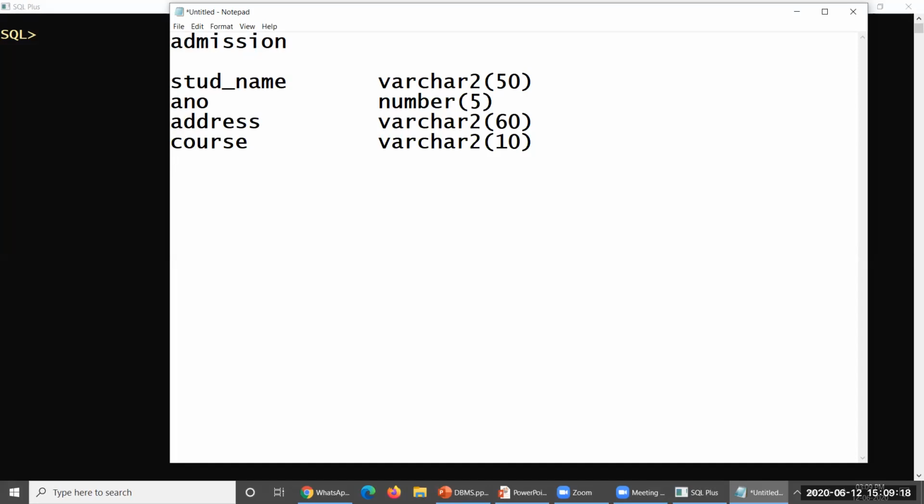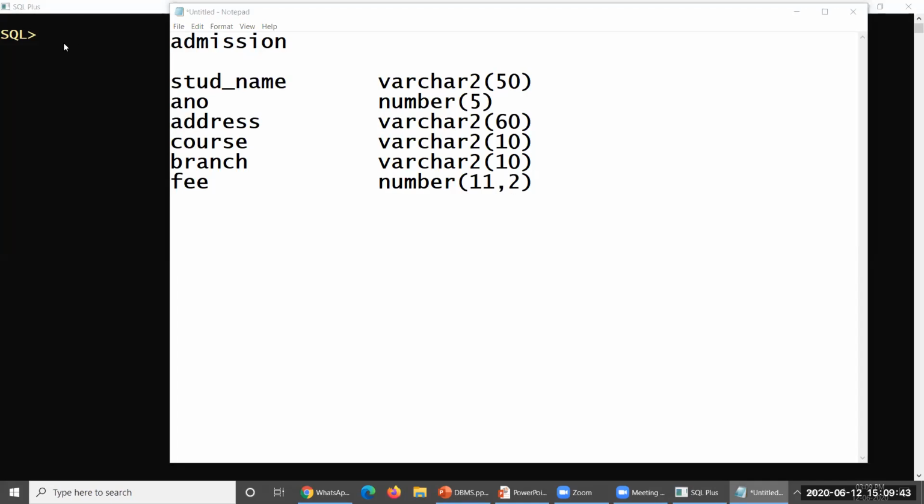Branch joined will be varchar2 of 10, because everything is characters only. And then fee paid, number of 11 comma 2. I would like to create a table like this for you.